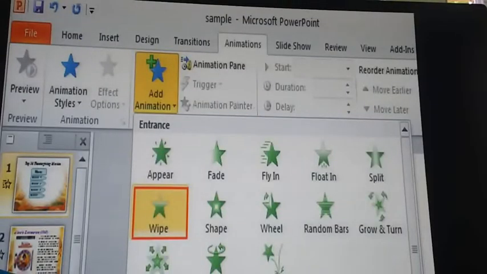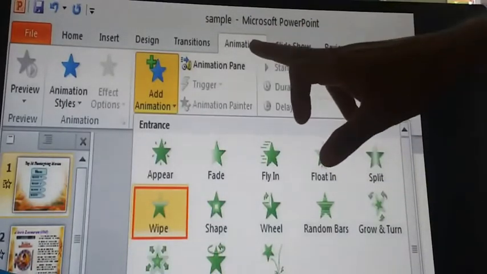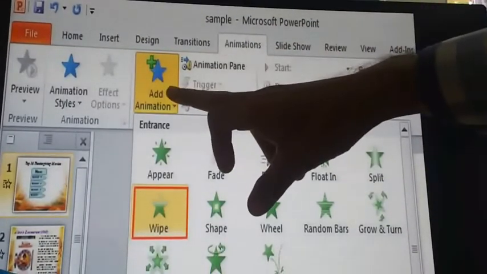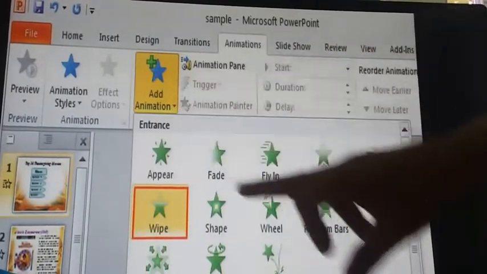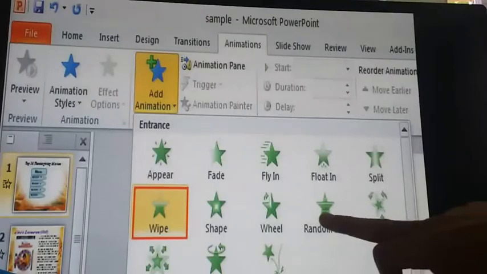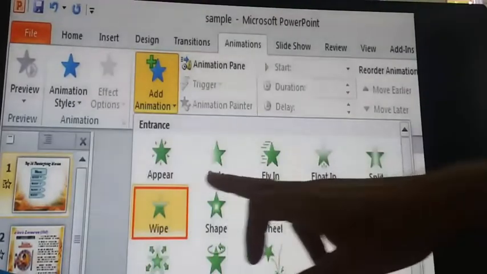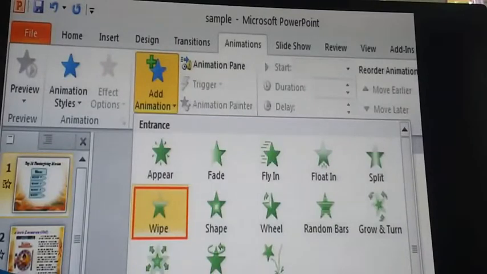And those who have installed Office 2013 or 16, click on animations, add animation option is there, just click and choose one of the options, animation effect, one click and see the changes of text.